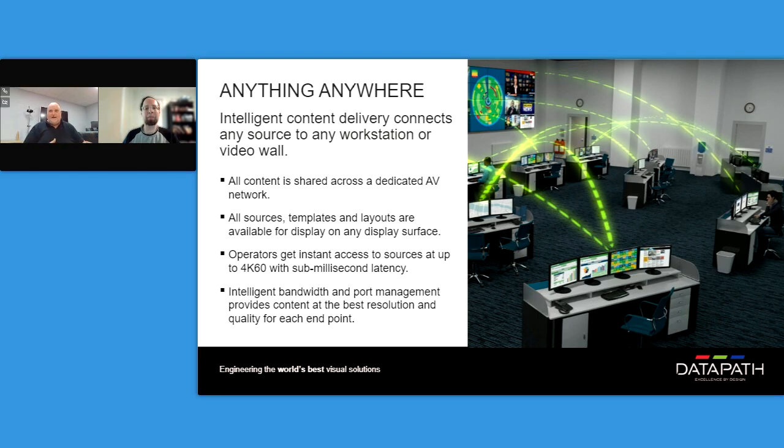We can listen for that trigger and then do something, which could be something as simple as put that source on the wall because an operator needs to see it. We can put a red border around that source on the video wall because it's now of critical importance. We can make that border flash because it's very important. We can do all of those things. We can interact with those third-party devices, and this is where we look to integrators to work out how we do all of this together. But we can get those triggers and a level of automation that means even more than before, those operators are presented with the right information at the right time.